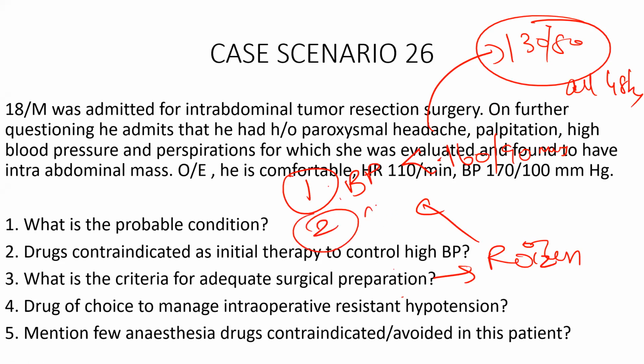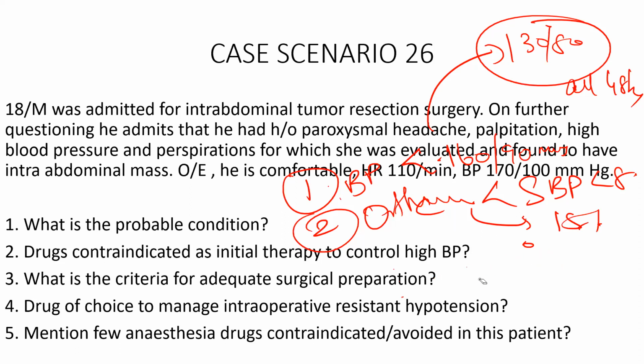Second criteria, the patient may have orthostatic hypotension, but the systolic blood pressure should not drop below 80. Orthostatic hypotension is a 15% decrease from the baseline. That is the second criteria. Third one, the ECG should be free of ST-T changes for a minimum of 2 weeks. These are the three main criteria. The VPCs criterion has been completely removed now.